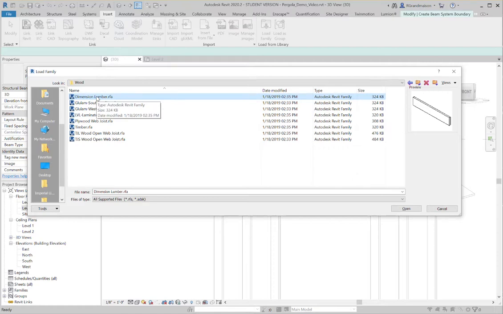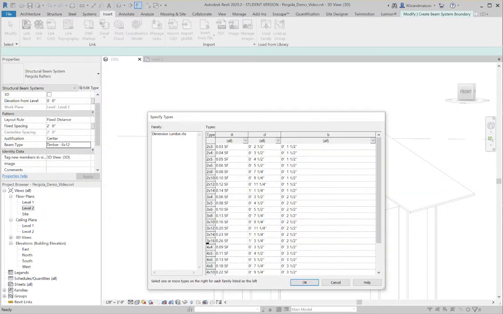This is probably a better one to use for this because it'll have 2x8s inside of it and other sizes as well. I want to use a 2x8 for this rafter. I've decided ahead of time. So I'll double click the lumber one, and you can see here all the different size lumber, sawn on 4 sides, or sanded 4 sides lumber I can use. I'm going to pick the 2x8,